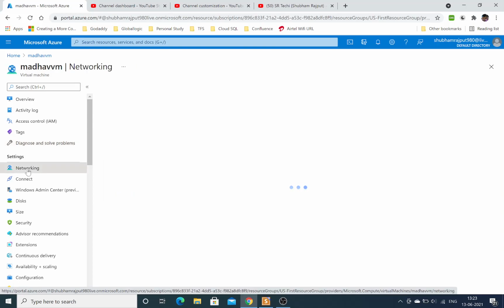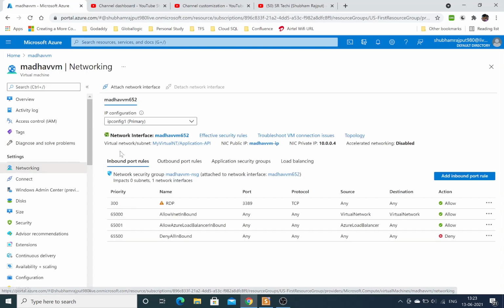In networking you can see this is our network, and this one is the NIC, with the private IP. The public IP is not showing because we have stopped the virtual machine.